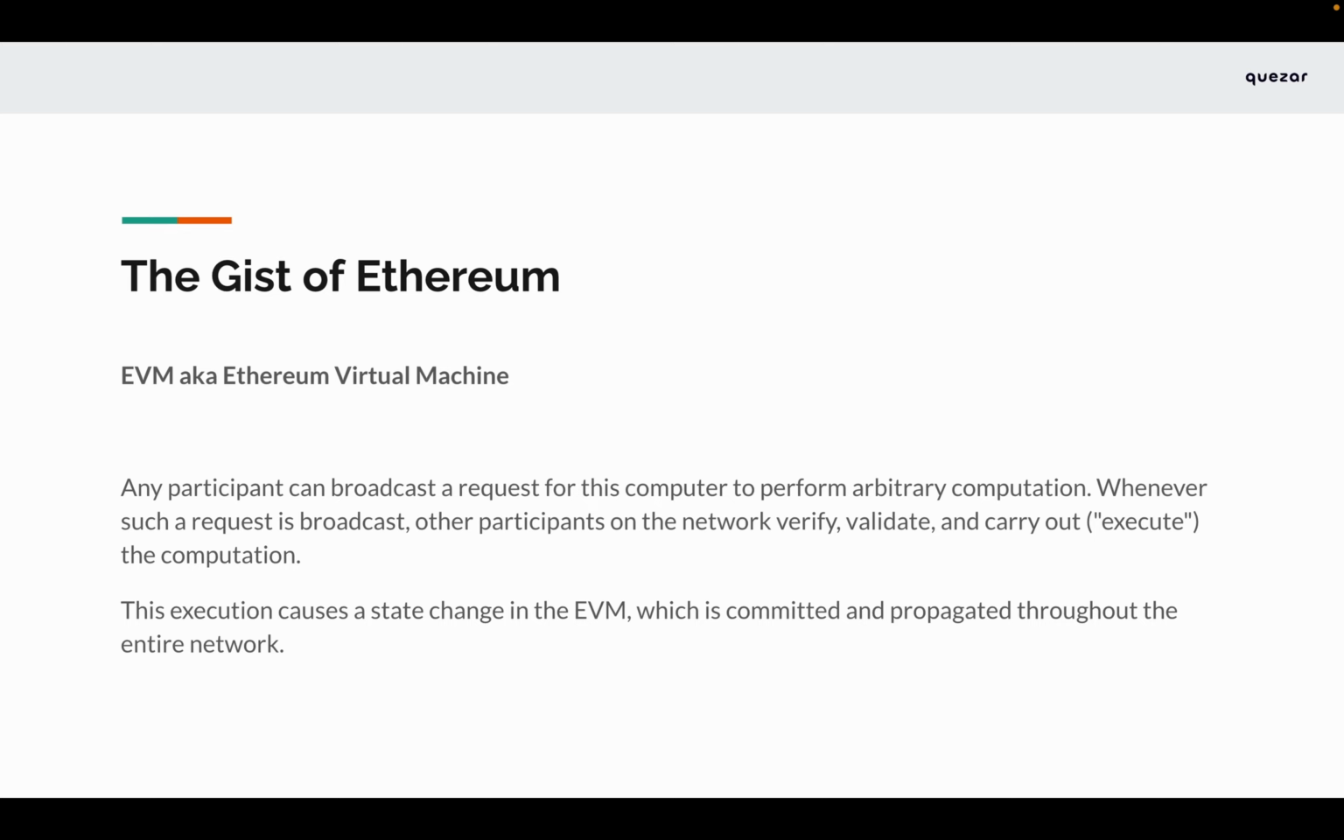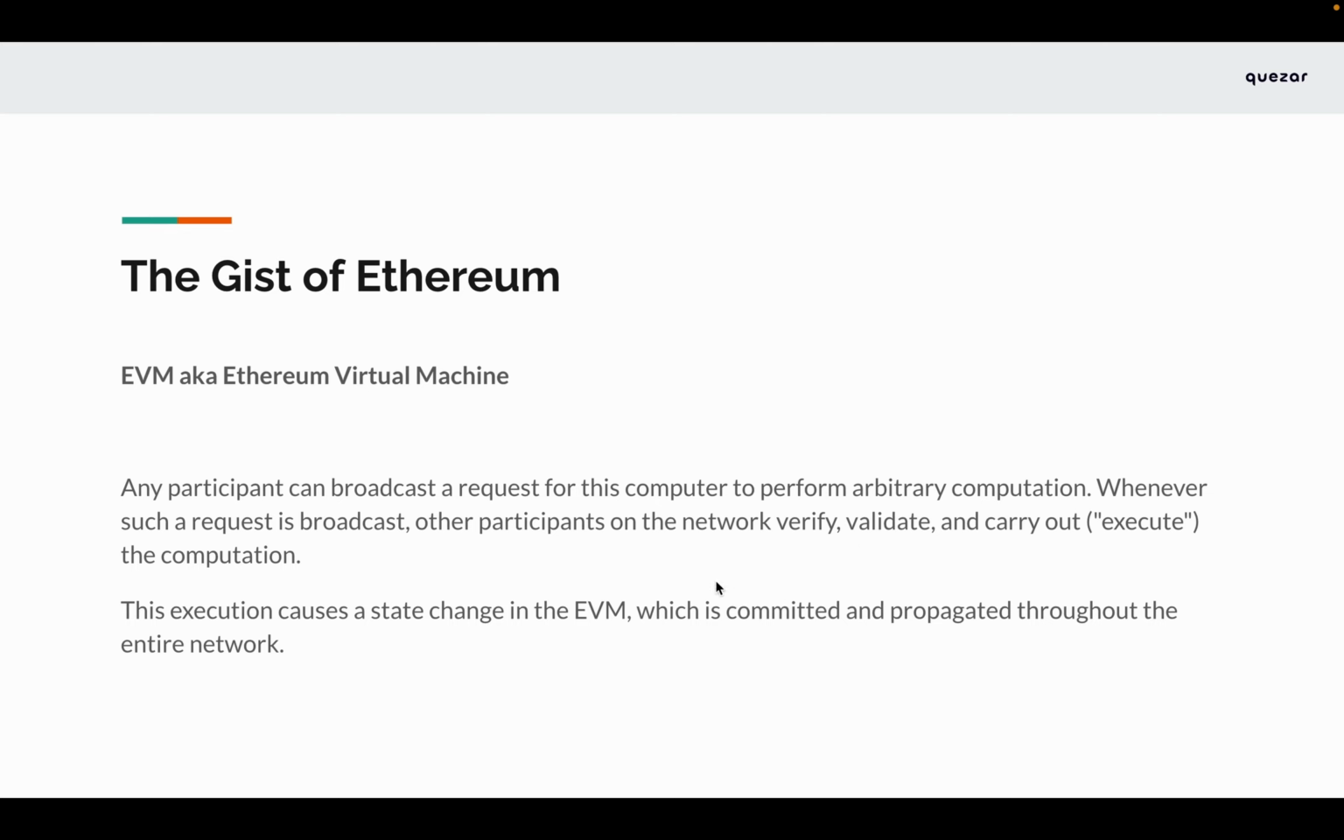Now, any participant can broadcast a request for the EVM to perform any computation. This could be anything. For example, if you want to swap a token on Uniswap, you simply initiate a transaction that says swap my 100 USDC for an equivalent amount of Ether, and the Uniswap smart contract will do that for you. Under the hood, it is in fact the EVM that is executing all of that code and carrying out your